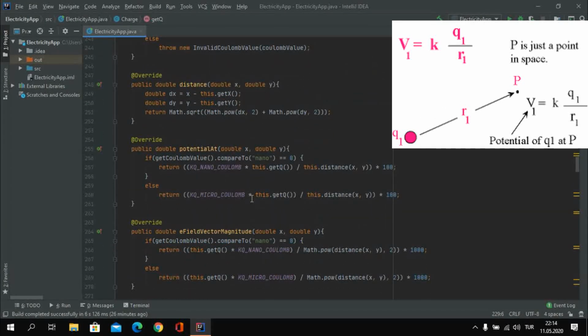If the coulomb value is nano, calculate q times k with the nano over the distance xy, and if the coulomb value is micro, calculate k times q micro over the distance to my point,